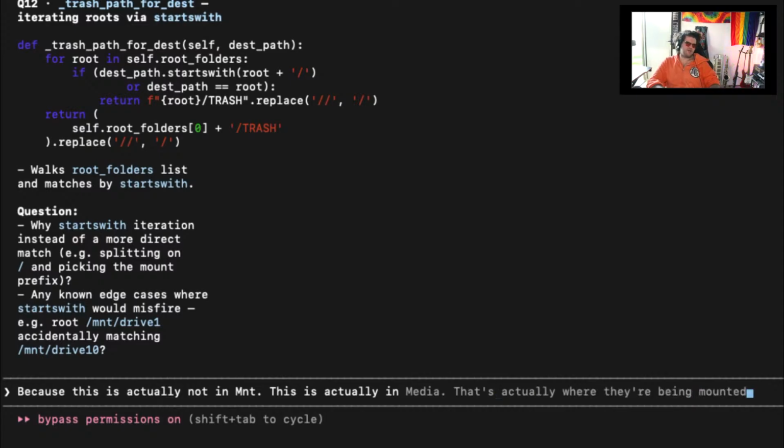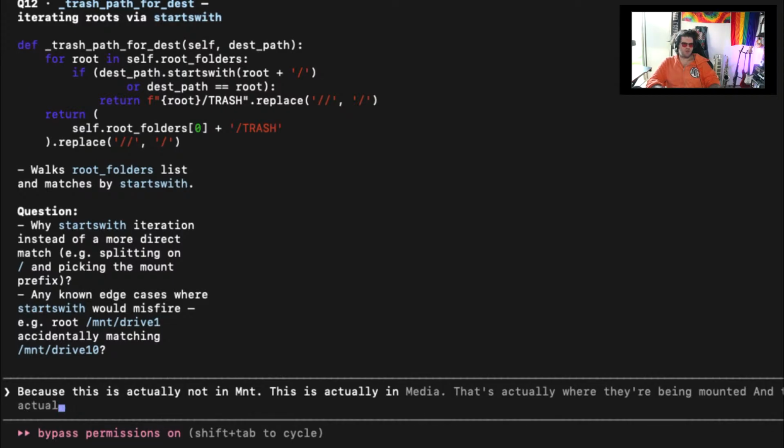And then it goes to media, to the username folder, and then it goes into the actual trash. And there's multiple roots. So it's not just simply working with